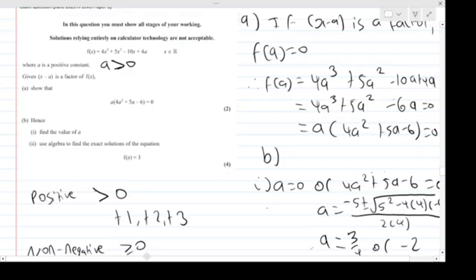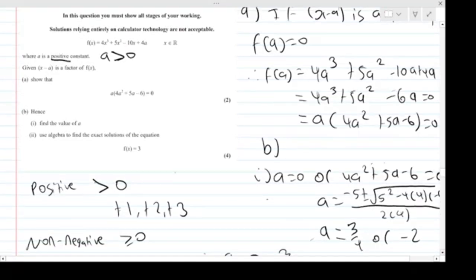But here, if it's positive, it's clear that it means it has to be strictly above 0, okay? If it said negative, then it has to be strictly less than 0, to include like -1, -2, and so on, to have a negative sign. So I thought I'd mention that now, because it does come up, and you do need to know the difference,